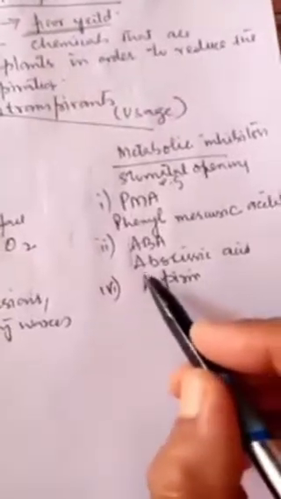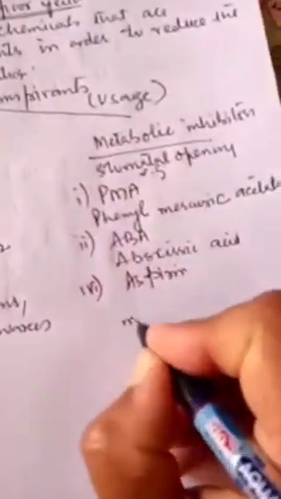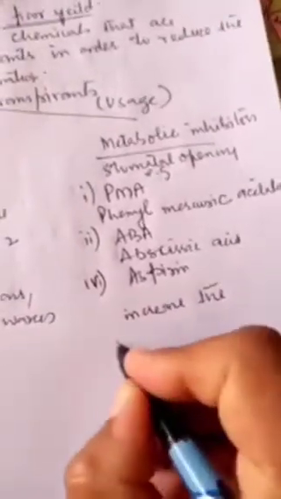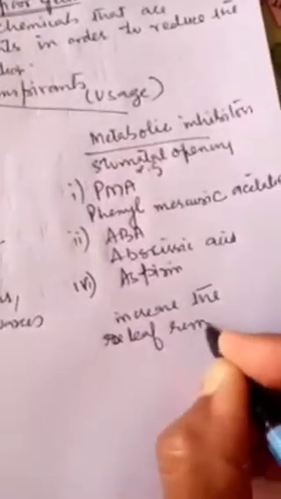This is the growth hormone which inhibits the growth, that is the abscisic acid, which does not allow the stomata to open. Third, that is the aspirin. And these are the three main ones which are used for this particular purpose. Now what do they do? जो इनकी function है, these substances or these chemicals, they increase the resistance, या हम कहेंगे they increase the leaf resistance